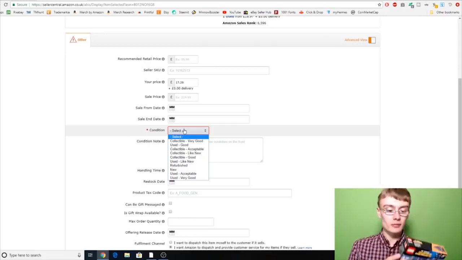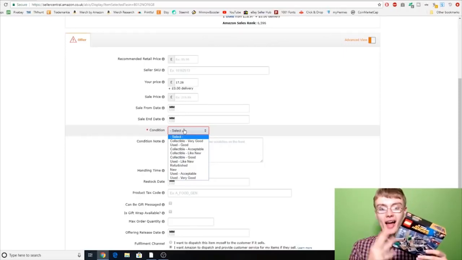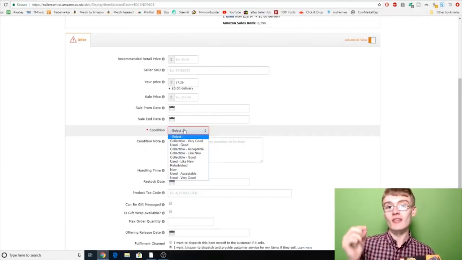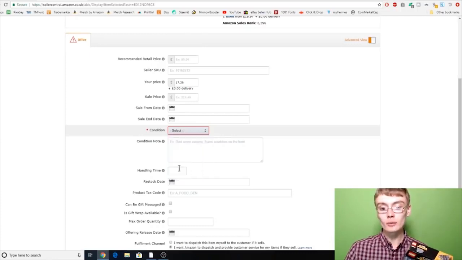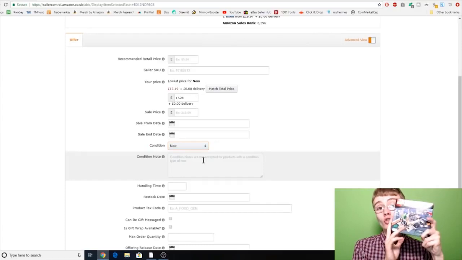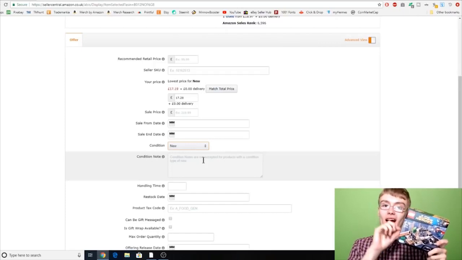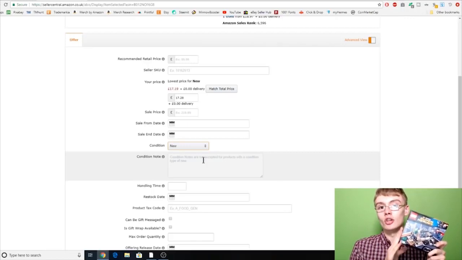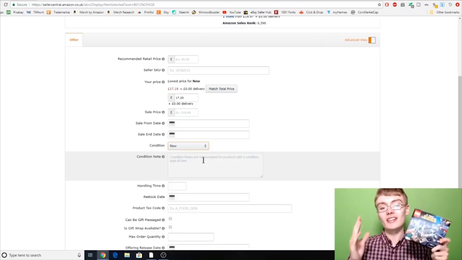But even if on this item there was the smallest little bit of shelf wear, or a little bit of a dent on the box, or a little bit of a whip on the side of the box, I would be putting that as either used very good condition or used like new. As it stands, I am going to list this as new completely because I feel like this is a new item. However, even if an item is brand new and sealed, but it has a little bit of a whip or a little bit of a dent in the box, it might be worth listing it as used like new or used very good, just bringing that price down a little bit, because obviously Amazon customers